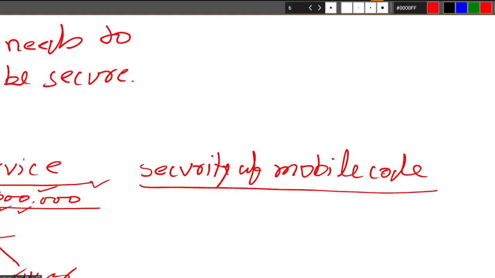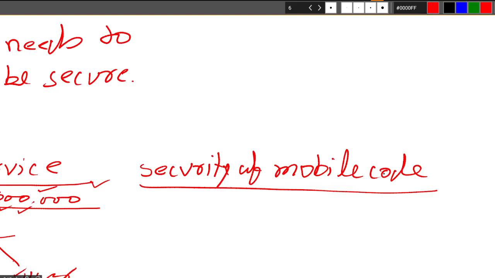It can be transferred from one node to another to execute. When we are transferring something from one place to another, we understand that there is a risk, so we have to handle it with care. You can encrypt it, or do some other thing to make it secure.